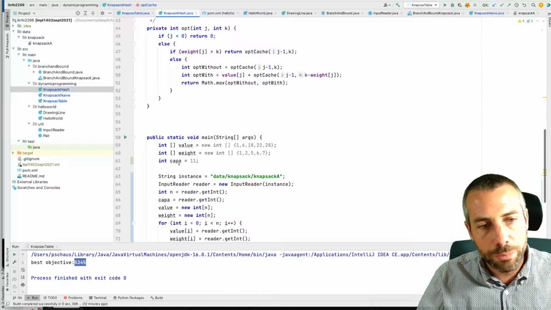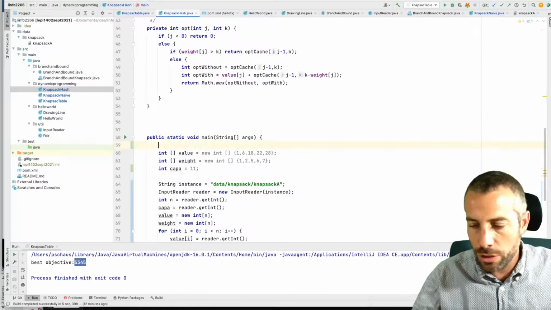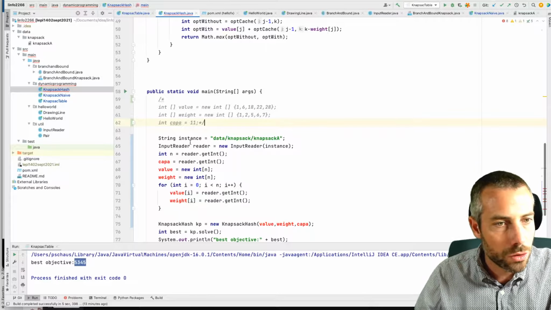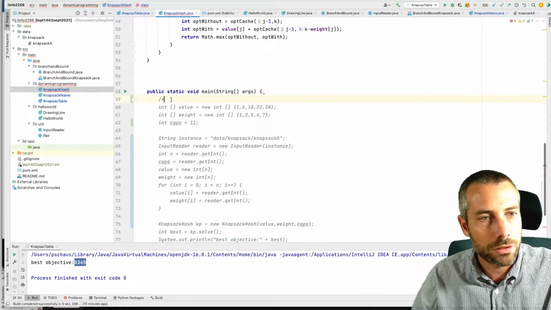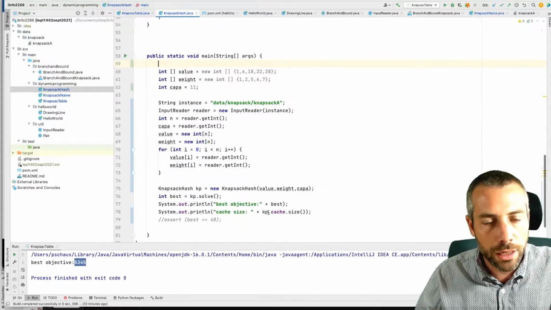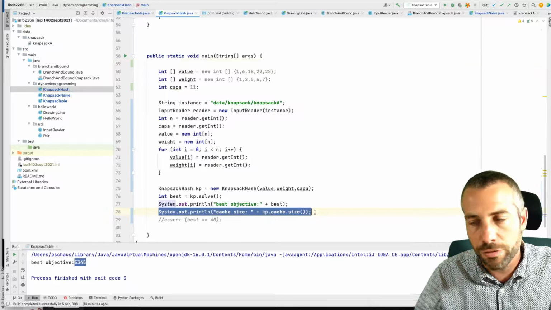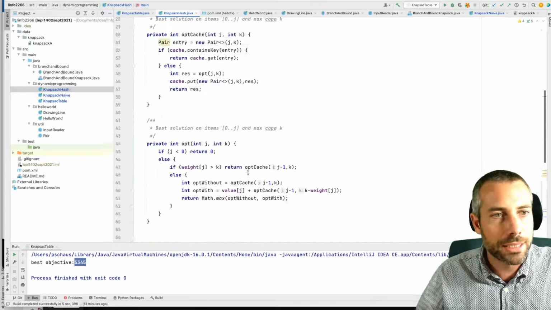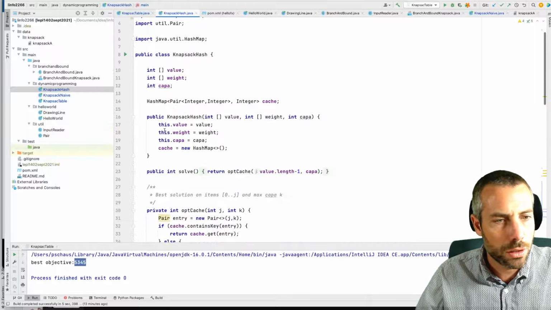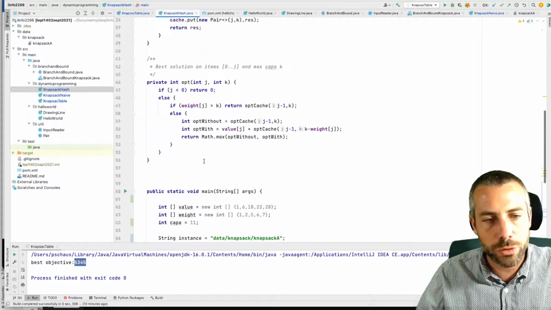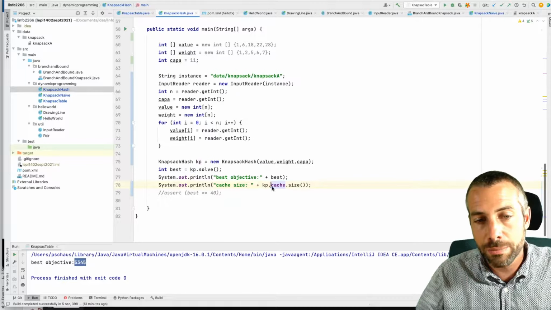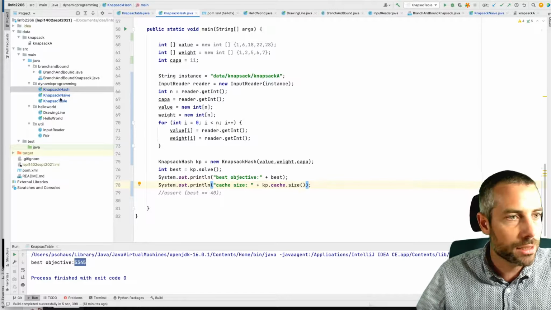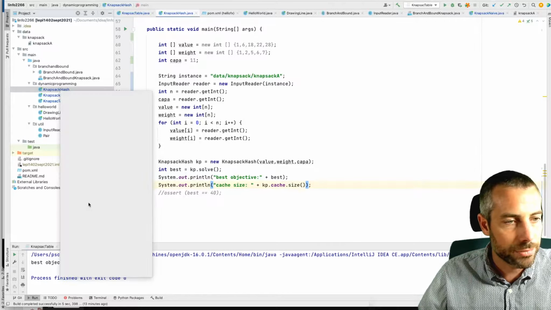Maybe we can compare a little bit the difference between the table implementation and this one on the large instance. I will simply compute at the end the size of the cache, which is simply cache.size. This is simply the size of the cache at the end. I'm simply printing the size of the hash table that I have computed on this specific instance. So let's run it.